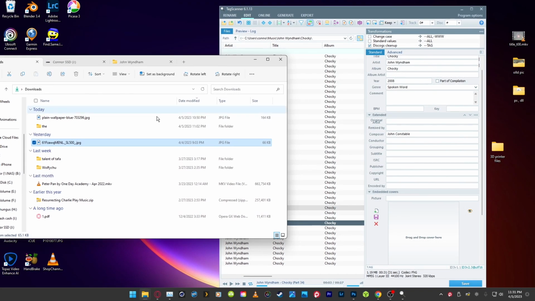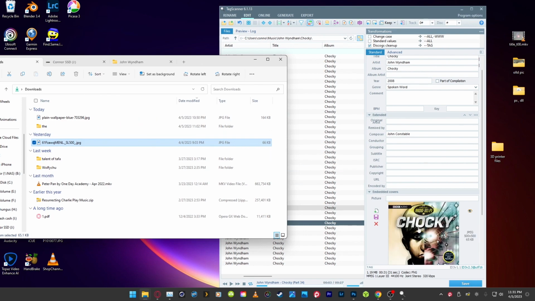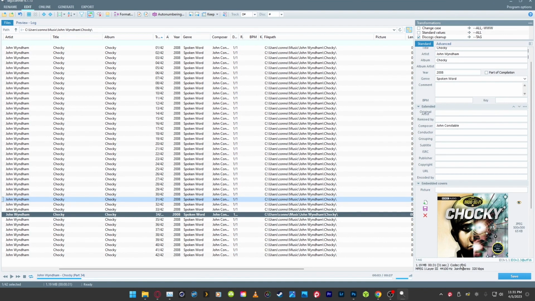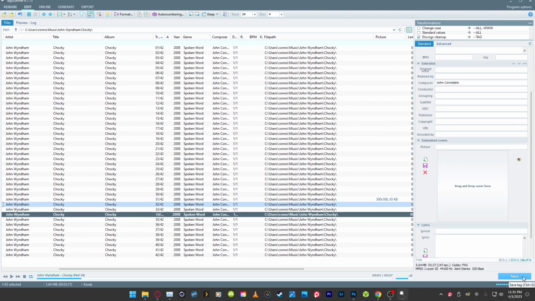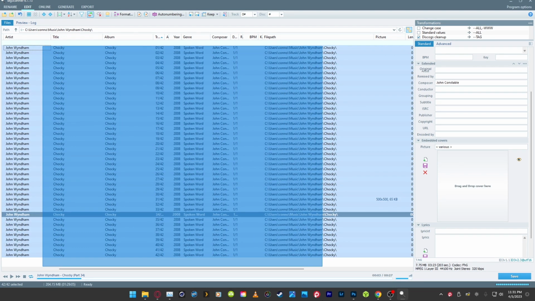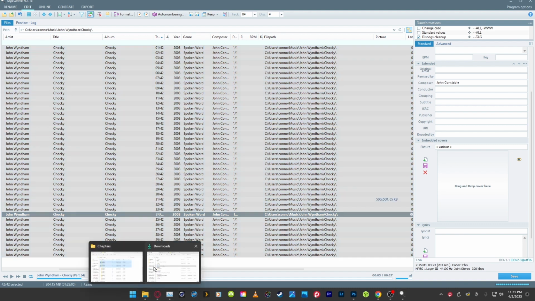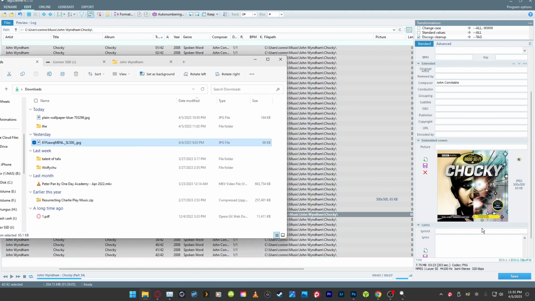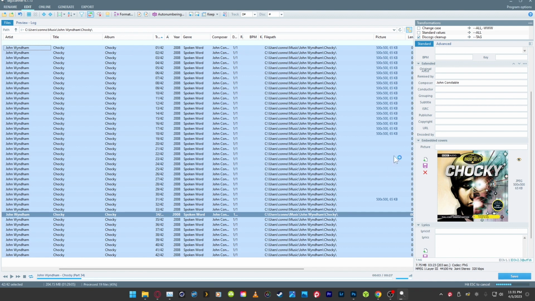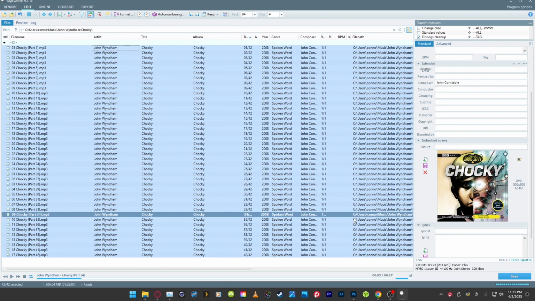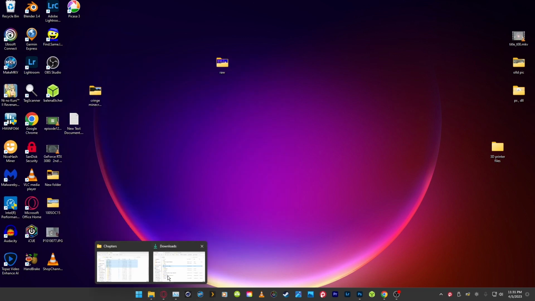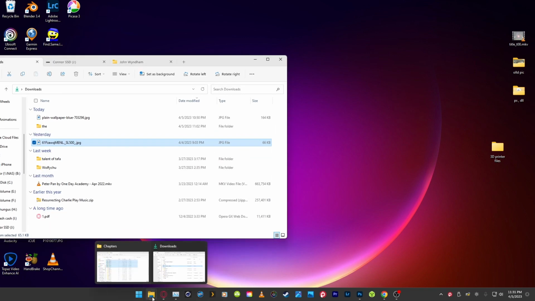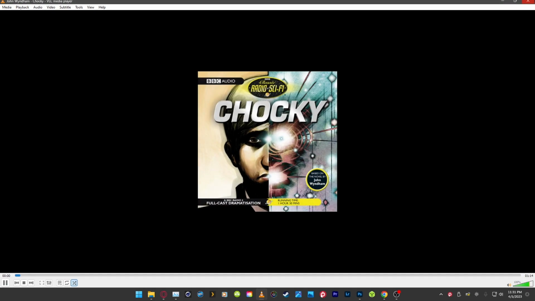Conveniently, I already found the album art for this. The higher the resolution of the album art, the better. Unfortunately, I could not find high quality album art. What you're going to do is select all, take your album art and drag it here, and hit save. Now every file has a piece of album art. Now, if we were to open the file, album art,